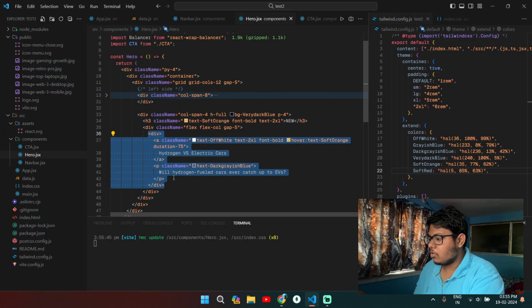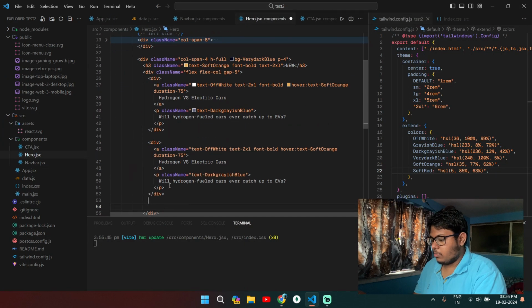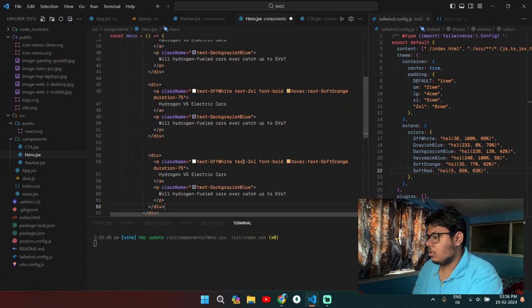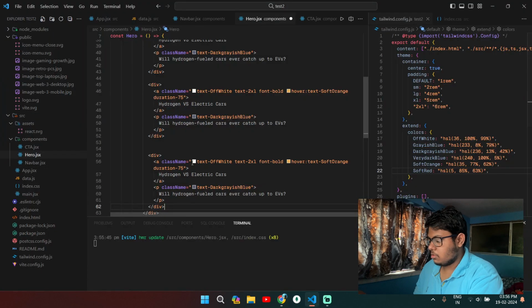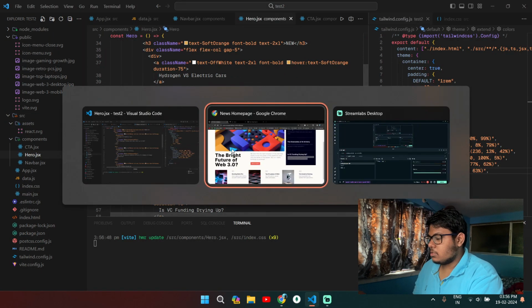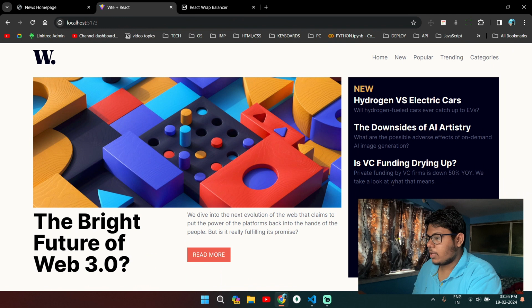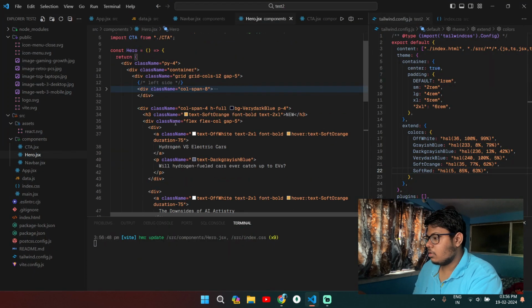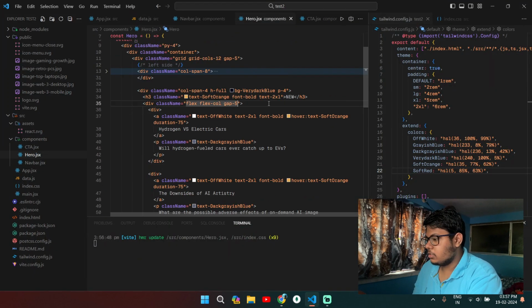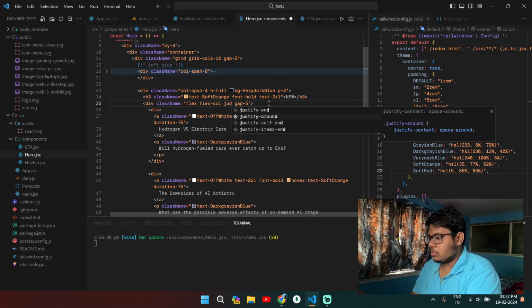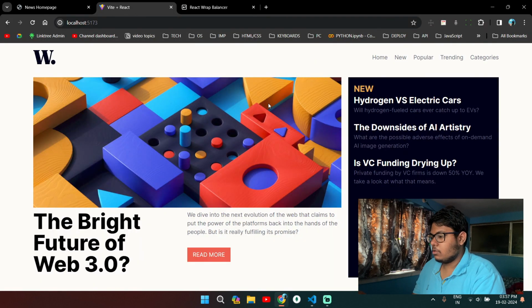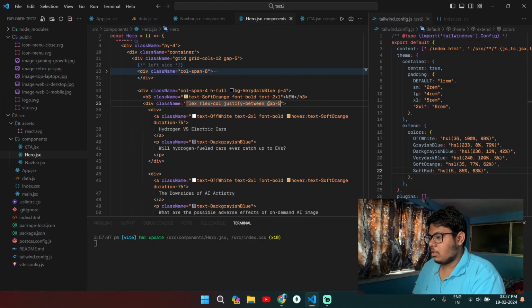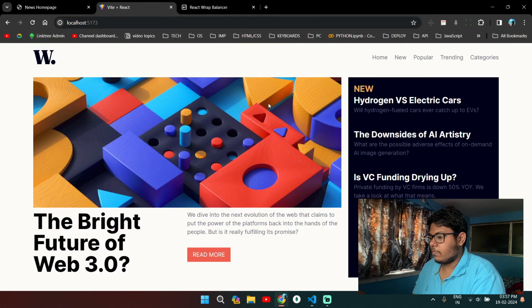Now let's do one thing, copy this div and paste it 3 times. Alright, now we have to simply change this. Now as you can see, I have created it. So let's go back and see our result. Alright, now come back to the parent div of this div and give it flex and justify between property. If I go back and give a gap of 10,